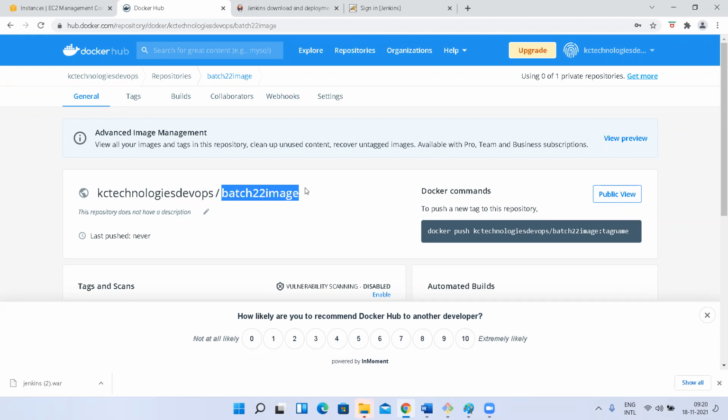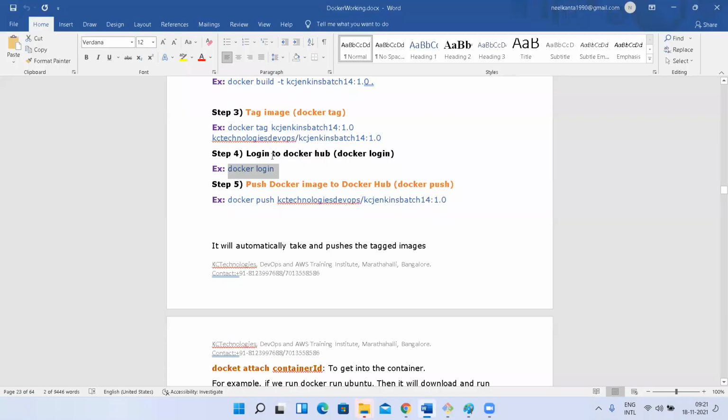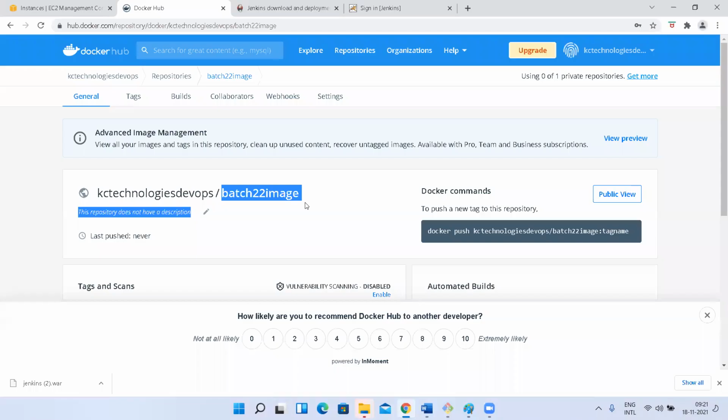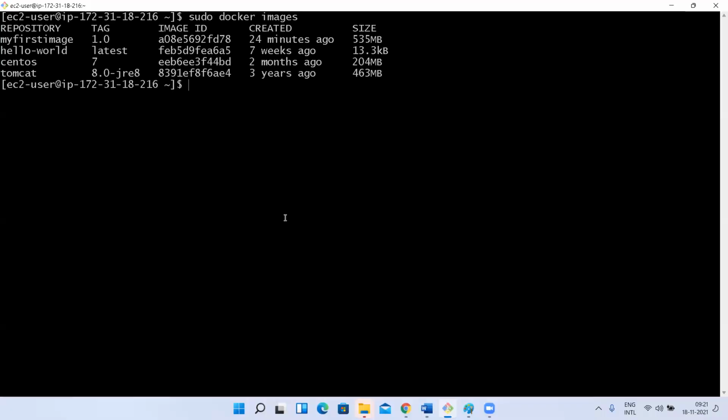But what is my image name here? Sorry, not here. Here. What is my image name? My first image. But what is the repository name here? My image name is my first image, but the repository name is something batch 22. So while creating the image itself, you have to create it with this name: username/image name. For example, let me show you. I'll create one more image. You observe here, sudo docker